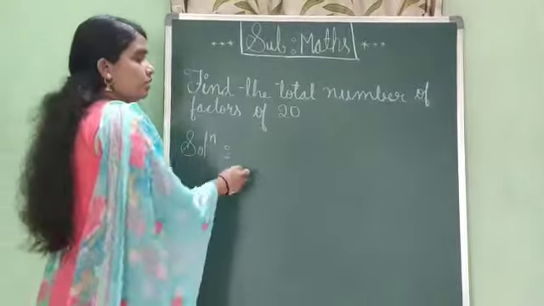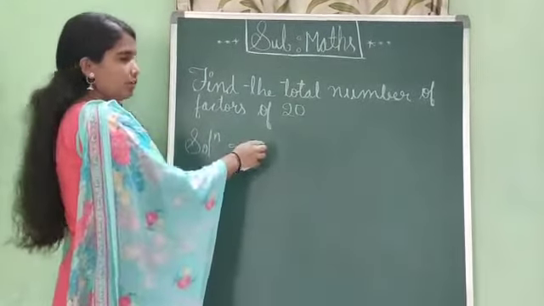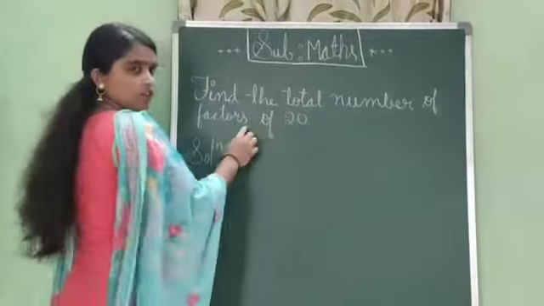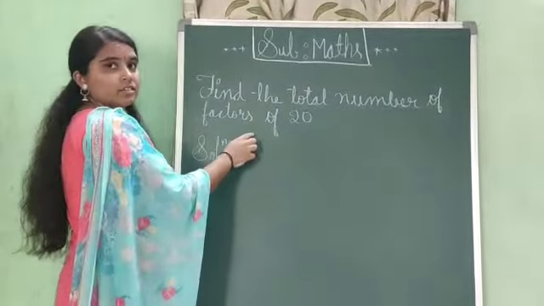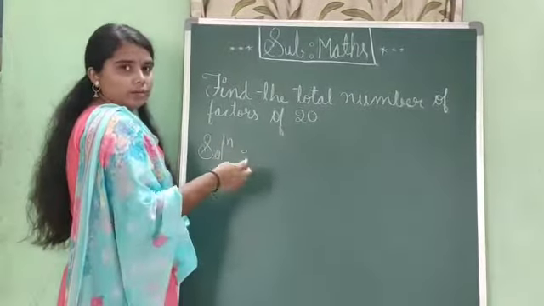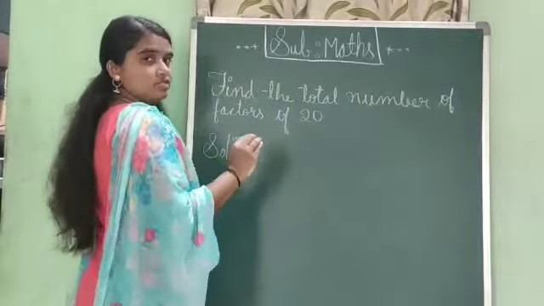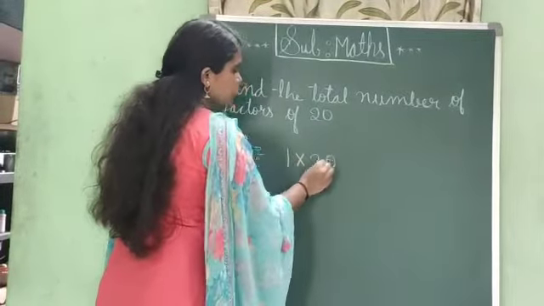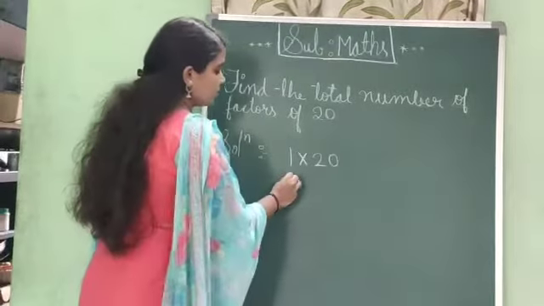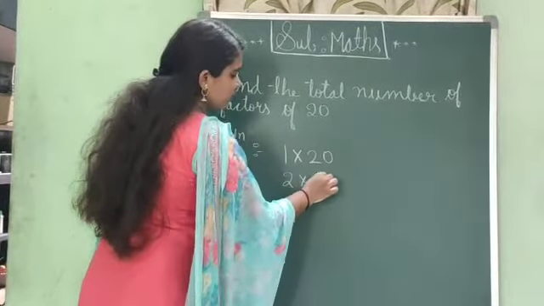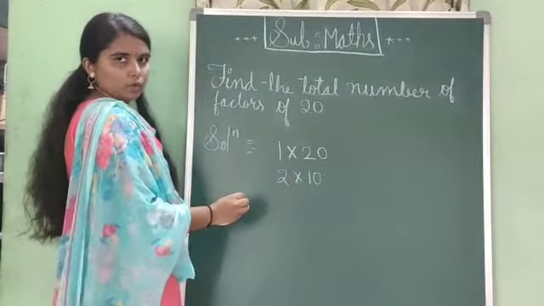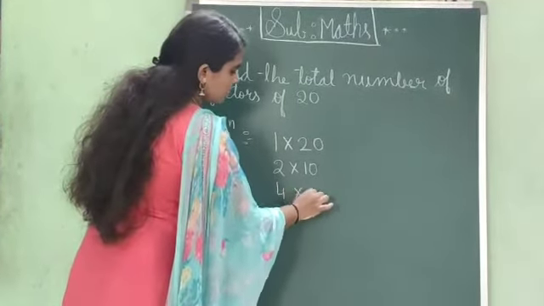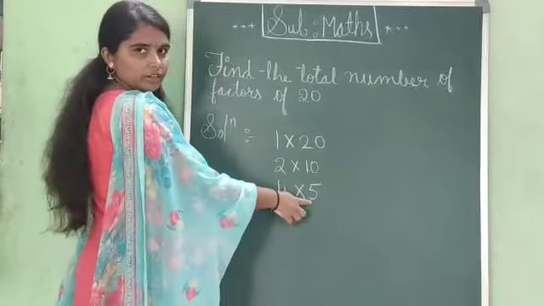Understood now? Now see, I have taken one more different question: find the total number of factors of 20. Here you should count the total, meaning we need to count how many there are. First we will do as before. 1 20s are 20. Then in 2 table it will come? Yes, 2 10s are 20. Then in 3? No. In 4? Yes, 4 5s are 20. In 5 table it is already here.